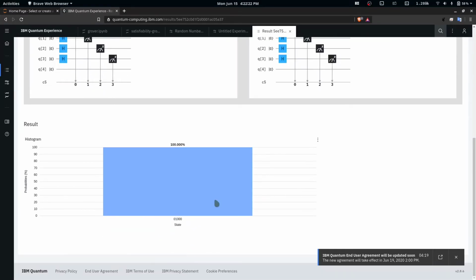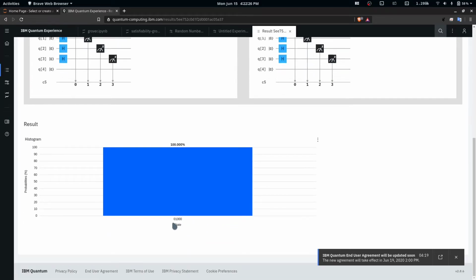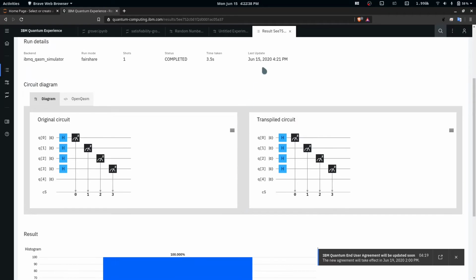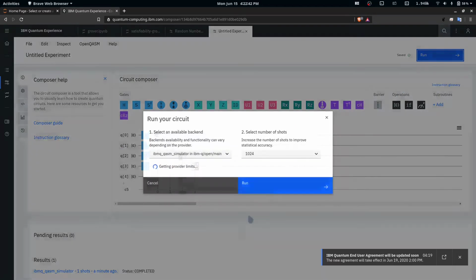So we see here, when we ran the circuit on a real quantum computer, we obtained the state 0 1 0 0 0 because we had 5 qubits. That's no issue. The last qubit doesn't have any significance. With 100% probability, this was a random bit which we generated on a real quantum computer. So if I run this algorithm again, I should be generating a different result.